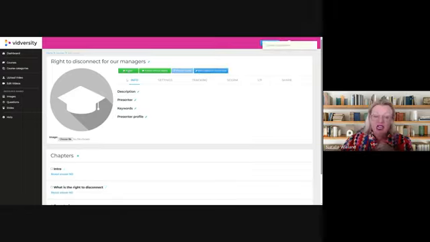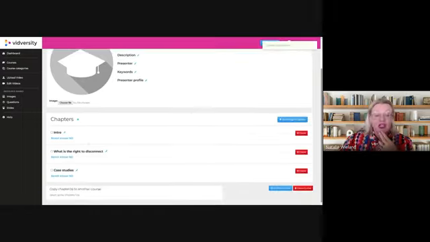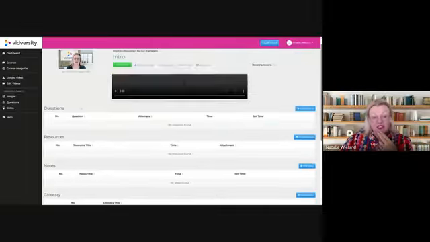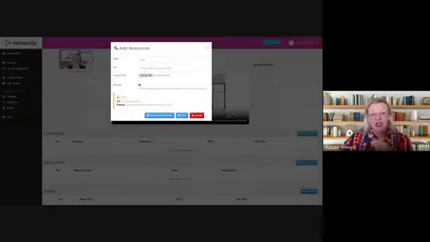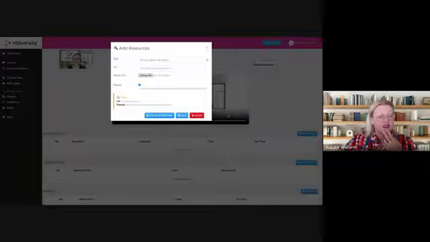The first thing is, if I'm in an organisation and I actually have a policy on the right to disconnect, I would probably as a learner like to see that. So in each chapter we can start adding things to make it a more meaningful learning experience. Let's click on add resources and say click to open the policy. And you can upload a document here. So I'm going to go and find my documents. There's our policy.